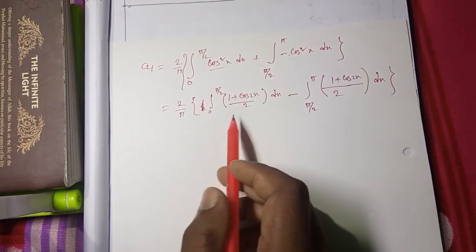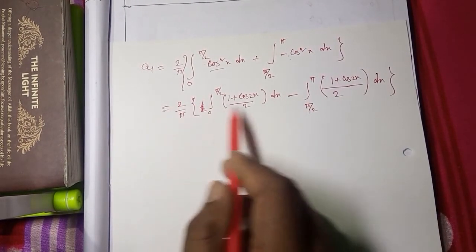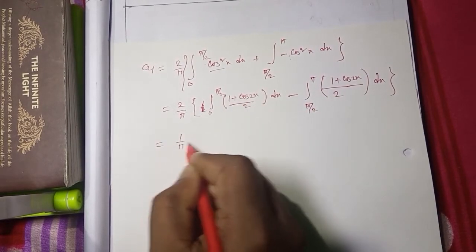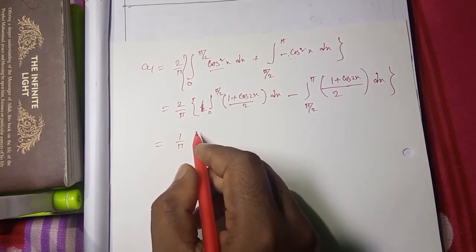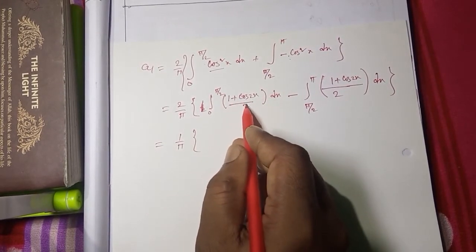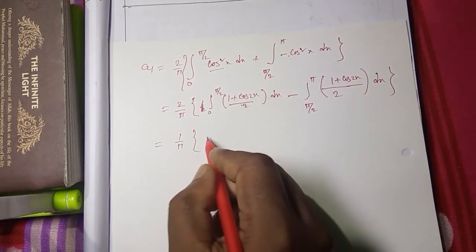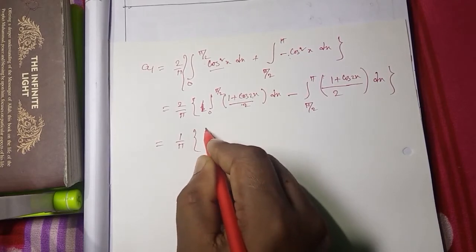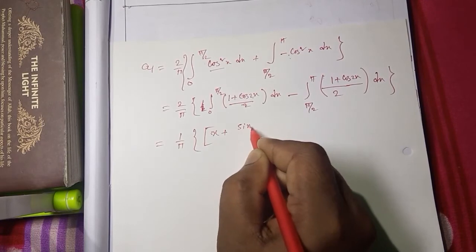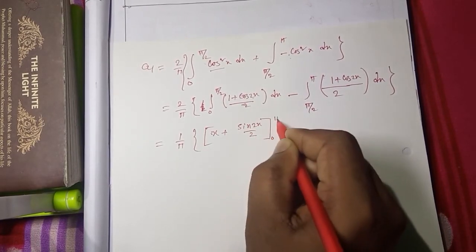And if we common 2 and 2 here, then these two and these two cancel, and 1 by pi, if we integrate this, we get, as we common 2 and 2 here, 1 plus cos of 2x dx. This gives x plus sine of 2x by 2, 0 to pi by 2,